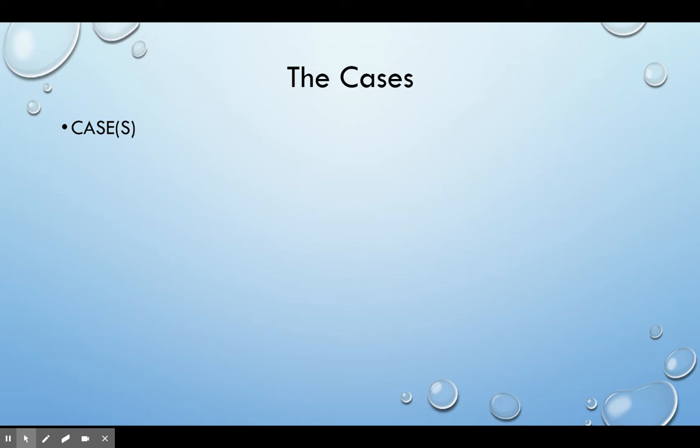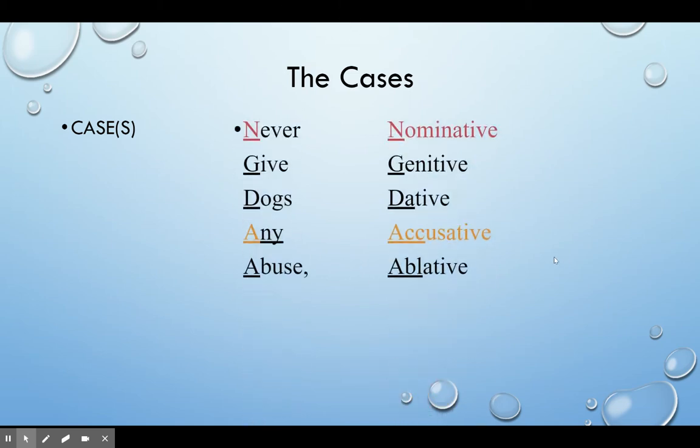All right, how'd you do? Did you use the mnemonic device that we discussed last week? The textbook's version, never give dogs any abuse, is a way to remember the nominative, genitive, dative, accusative, and ablative